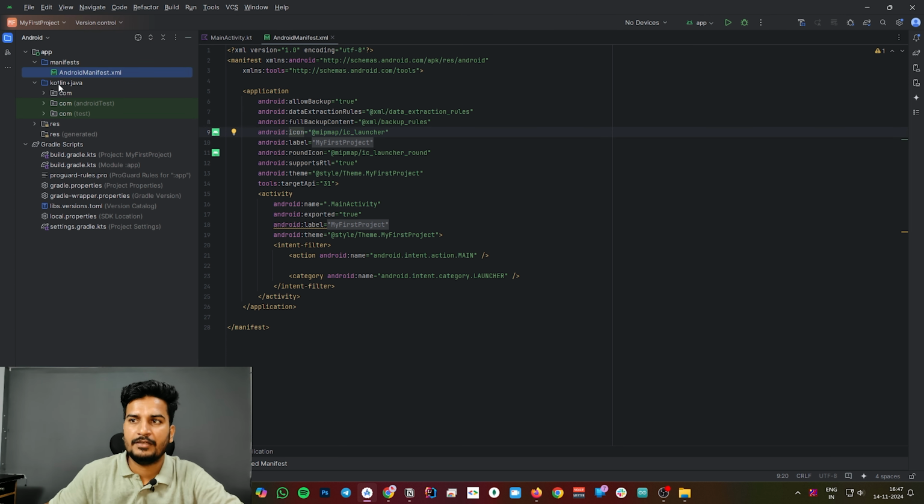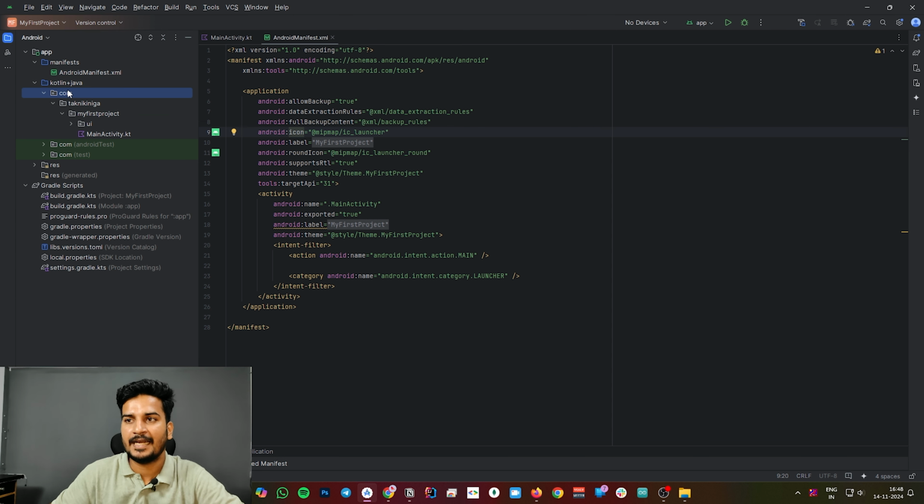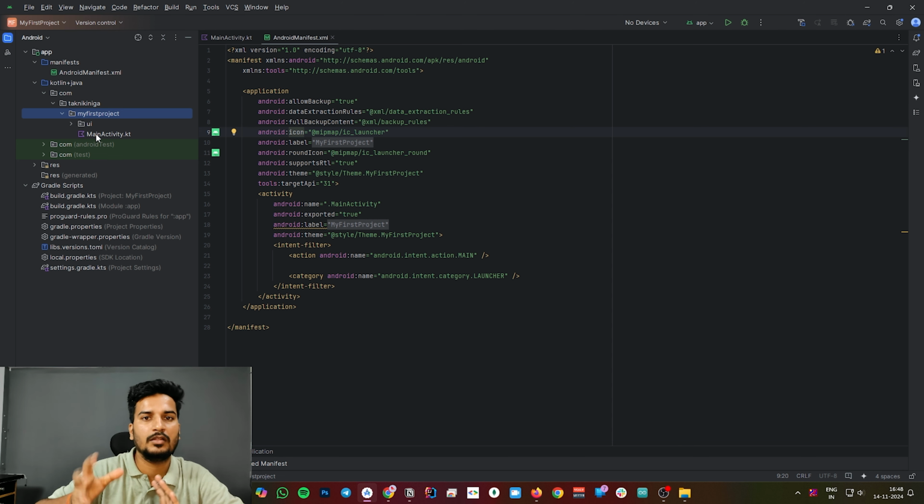After that you will find the Kotlin plus Java folder. Since Kotlin supports interoperability, you can code in Java or in Kotlin and combine both. That's why the folder name is Kotlin plus Java. Inside that you have the package com.takniki.myfirstproject, and inside that all your coding parts.